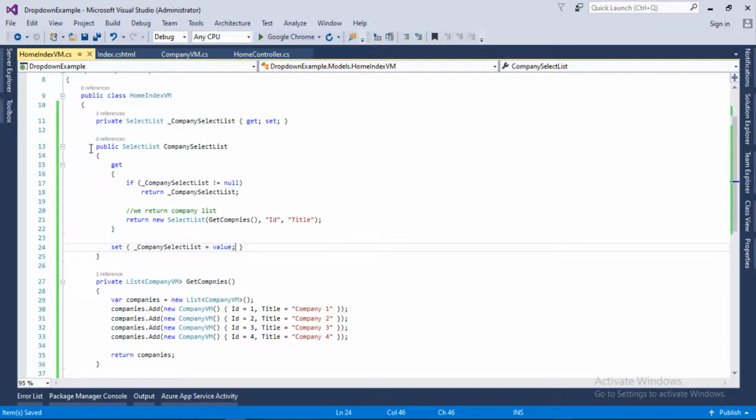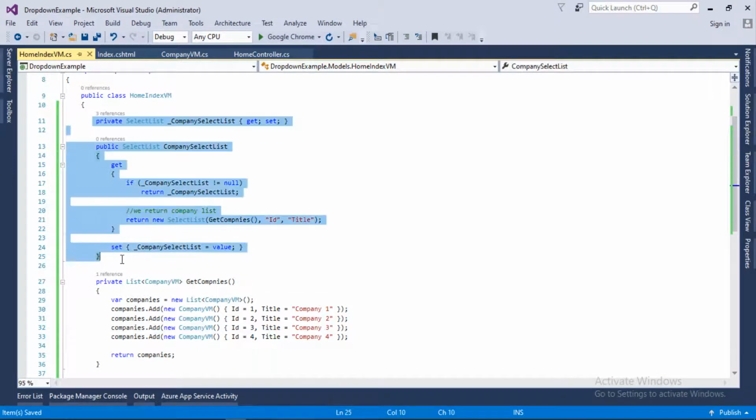I hope you are getting this. It is not much complex, but the benefit of using this approach is that when we have large forms and lots of fields or lots of drop downs in a single form, then using this approach is more beneficial and maintainable.